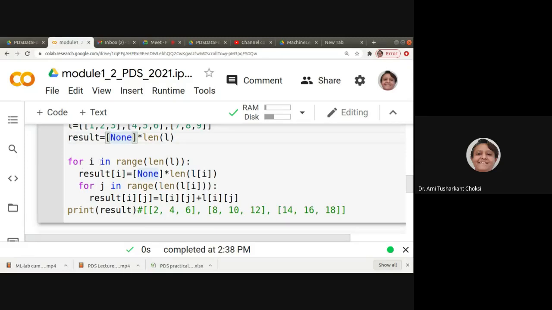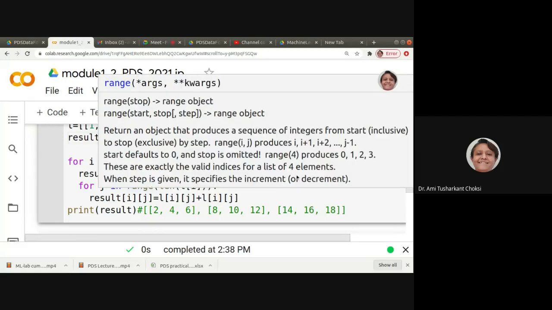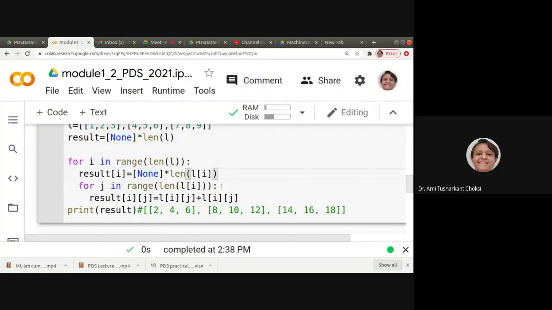Now, for i in range of len of L, result of i is equal to None into len of L of i, right? Now, for j in range of len of L of i, result of i j is equal to L of i j plus L of i j.